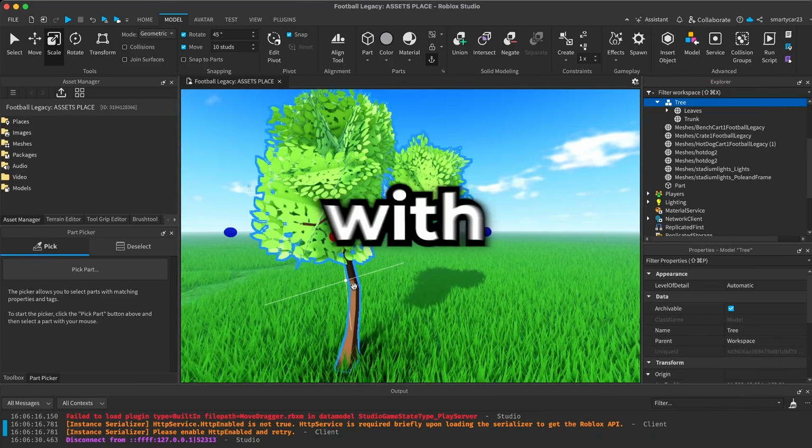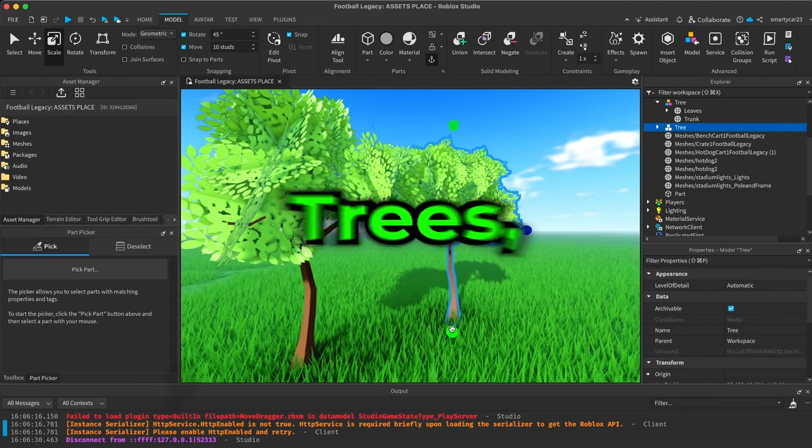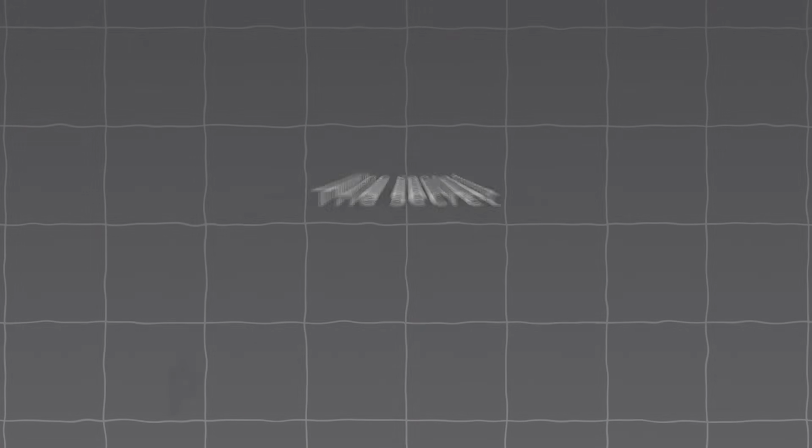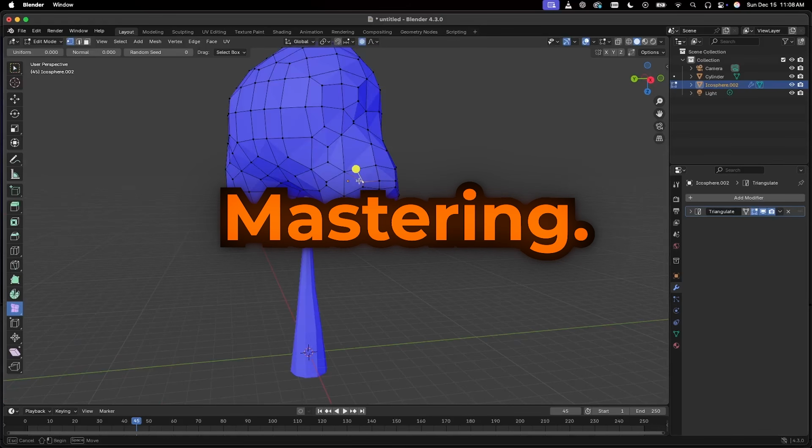Imagine this, your Roblox game filled with jaw-dropping assets. Trees, buildings, props that no one else has. The secret to making that happen? Mastering Blender. In this video, I'm going to teach you how to take control of your creative power, step by